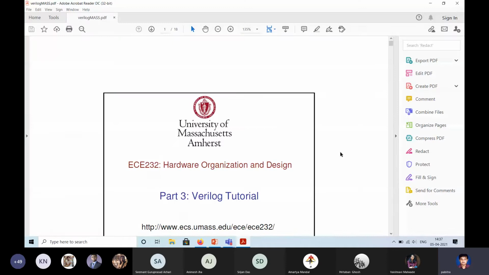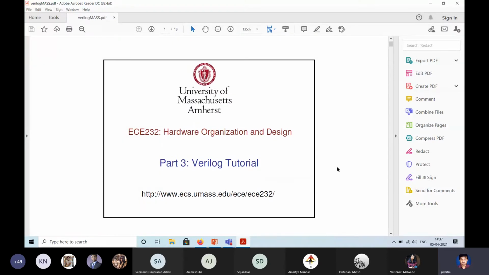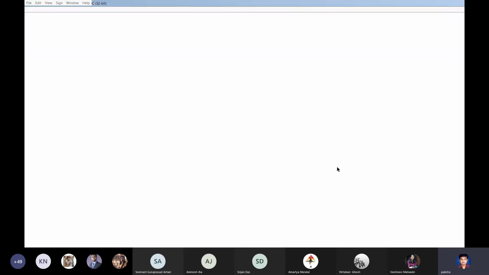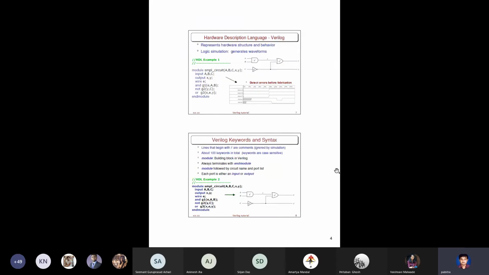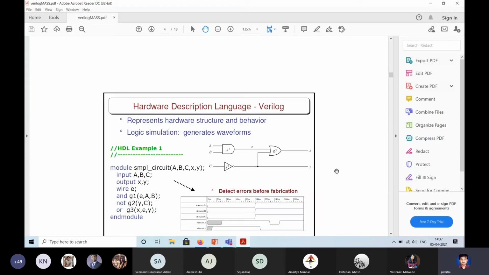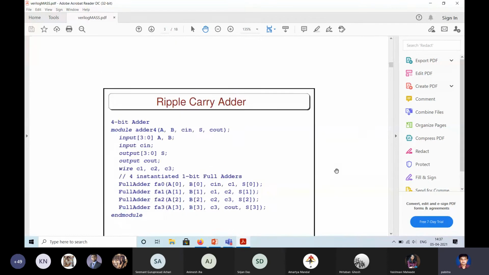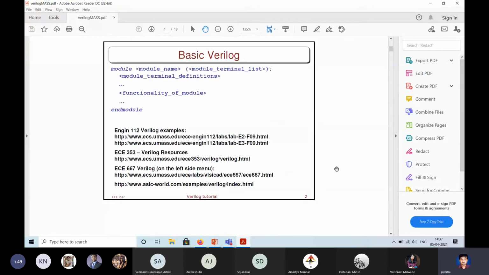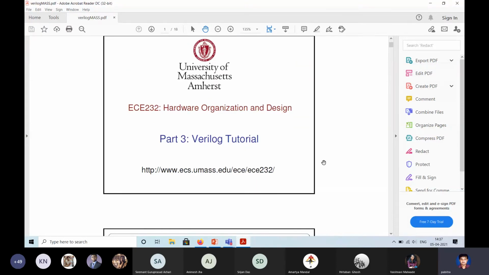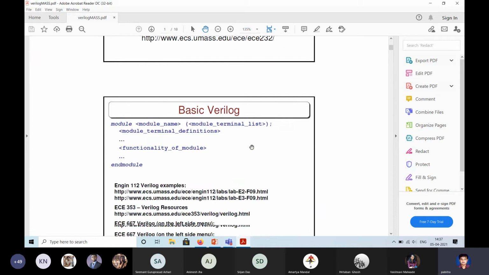This is a set of slides we have borrowed from the University of Massachusetts at Amherst. We acknowledge the University of Massachusetts Amherst for this tutorial. There are many other tutorials also available.